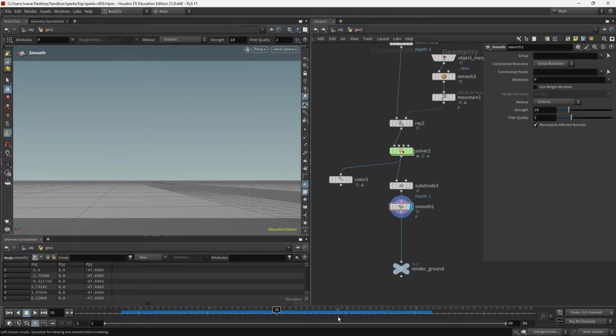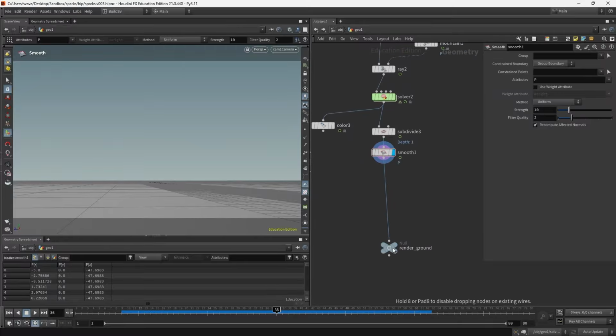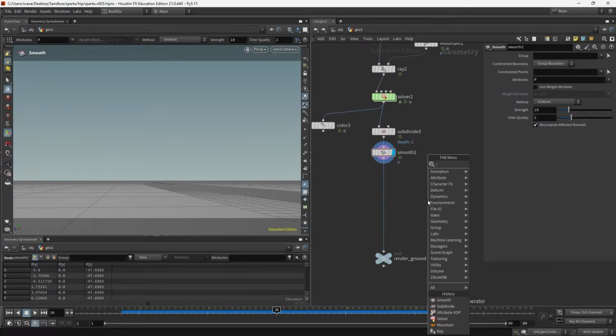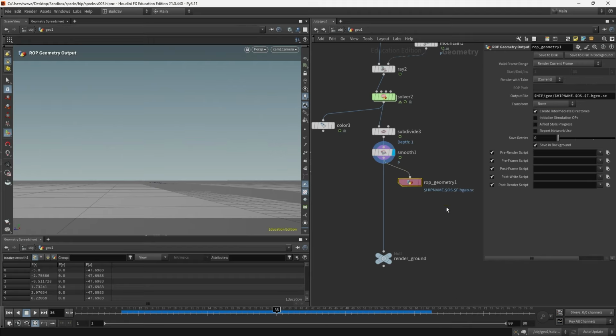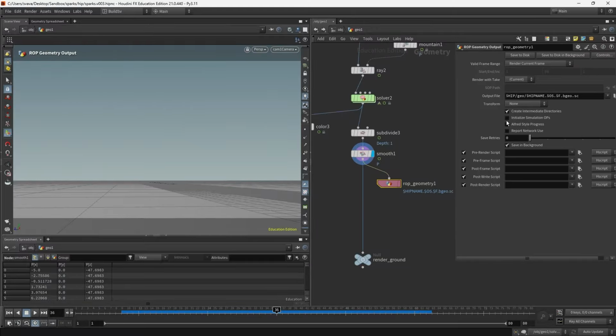I'm just going to write it out to disk. So I'm going to put down a rop geometry output. And this is going to create a folder called geo, and then this is going to be the file name, but I'm going to copy paste this because I also want to create a folder under these files. And I want to render the full frame range, and then I want to change the name of this node, so I'm going to call this deform